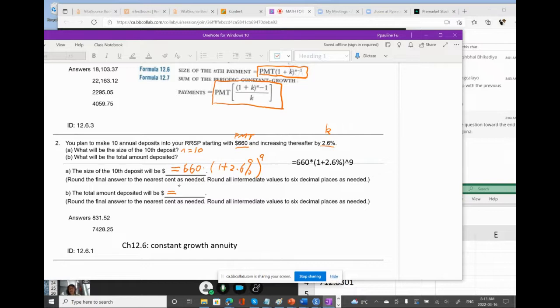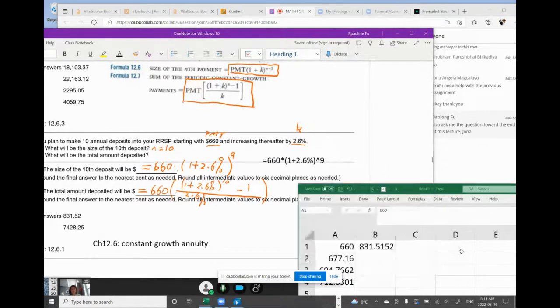you just plug in the number: PMT 660 times bracket 1 plus K. K is 2.6%, raised to power N. N is 10. And the result minus 1, divided by K, 2.6%. Okay, so that is the formula. Plug in the number. And the result,